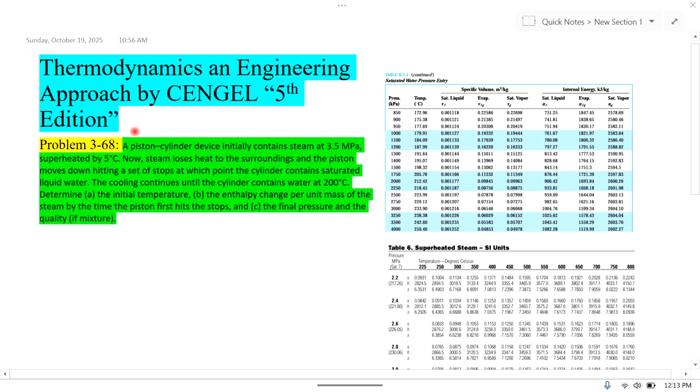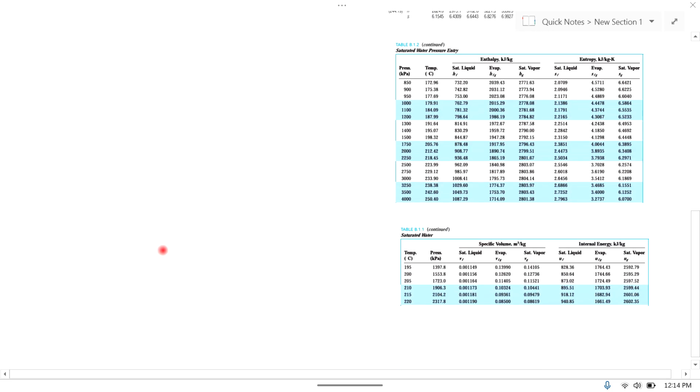So the statement of the problem is: a piston cylinder device initially contains steam at 3.5 megapascal. Initially, pressure is given to us as 3.5 megapascal, superheated by 5 degrees centigrade. Superheated temperature is 5. Now it means that, let's suppose